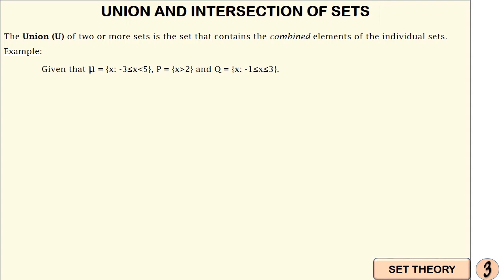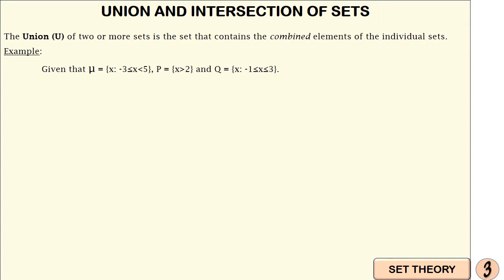Last time, we defined a set, we looked at the subsets, and then the term complement of a set. Today, we are moving a step ahead, and we shall be looking at the union and the intersection of sets. The union of two or more sets can be defined as that set that contains elements derived from combining the